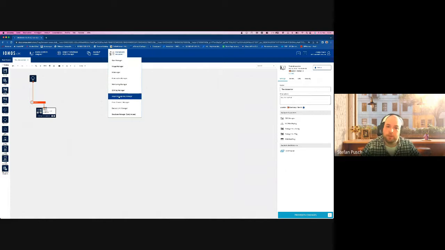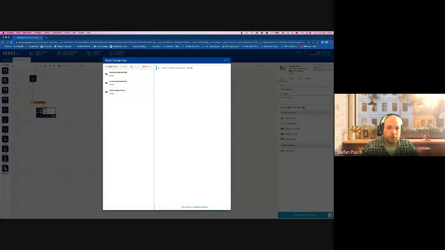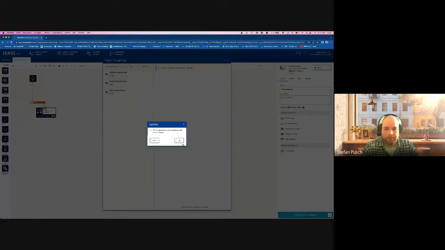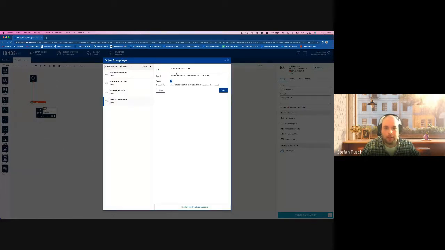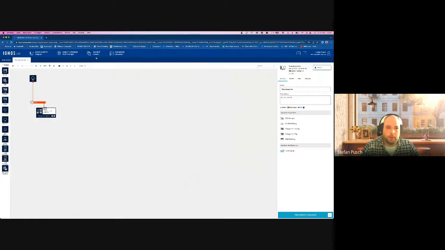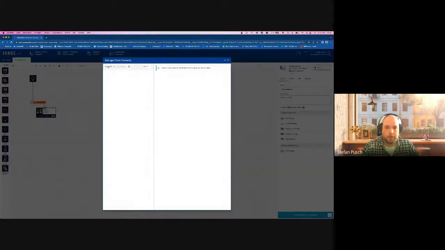Then we have our object store, our S3 manager. You can create an S3 key, and you get a key and a secret. After that, you can connect to our S3 with these key and secret credentials. I will show you in a second how you connect with it. Then you have a cross-connect manager. The cross-connect manager is